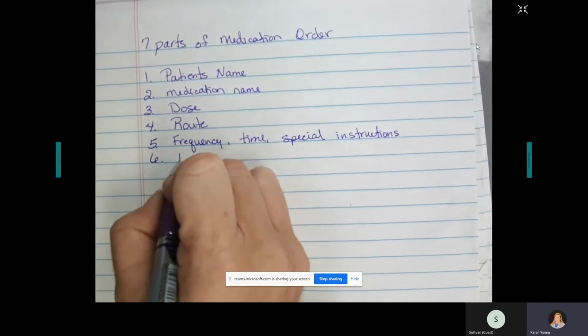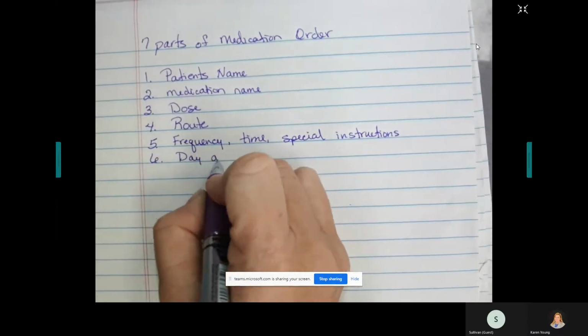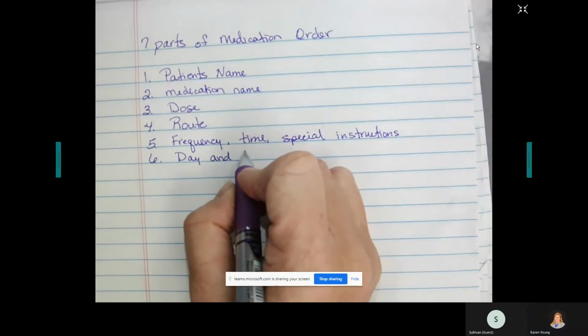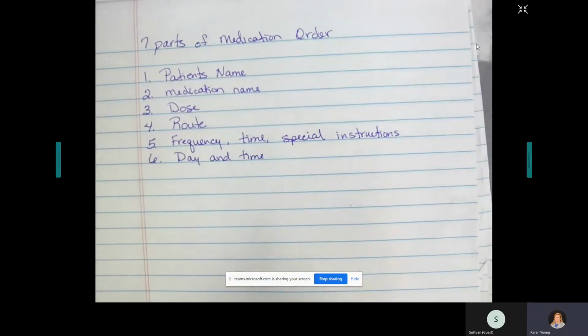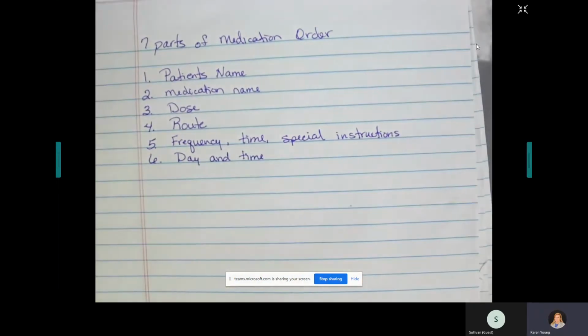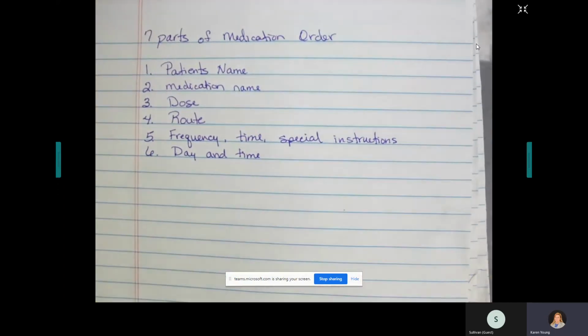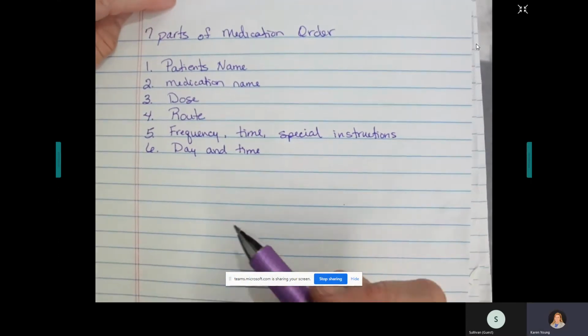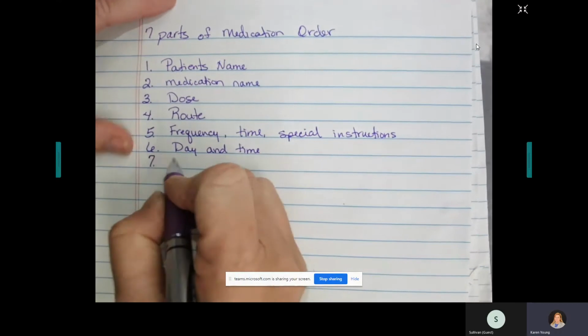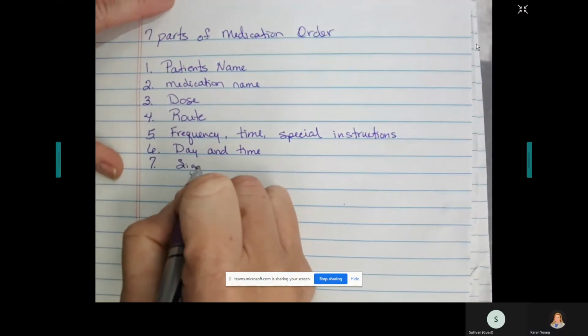Six is the day and time it was written or given, depending on what you're doing. If you're on the MAR, you'll have the date and time that it was written. If it's just a prescription you're handing to the patient, it'll also have the date and time that it was written. A lot of times in the medication record, the MAR, you're going to write the date and time you give it. Depends on the MAR. And 7 is the signature